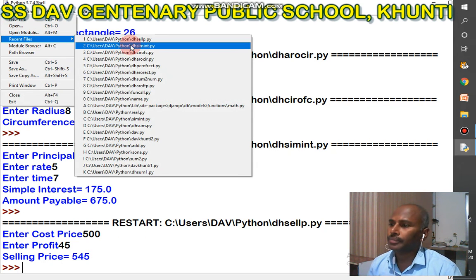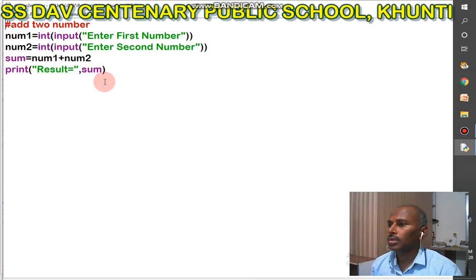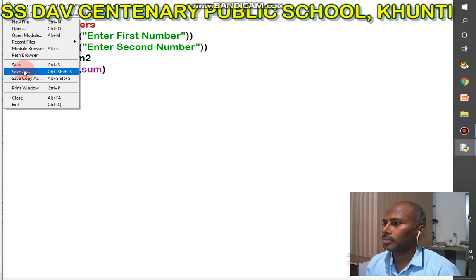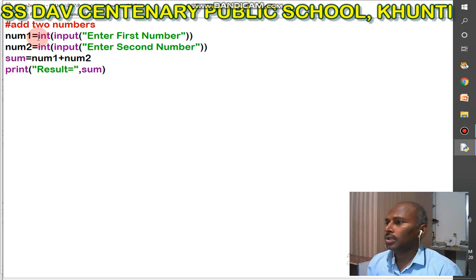Again, next program. This program is related to adding two numbers. In this line, I want to enter the first number stored in num1.